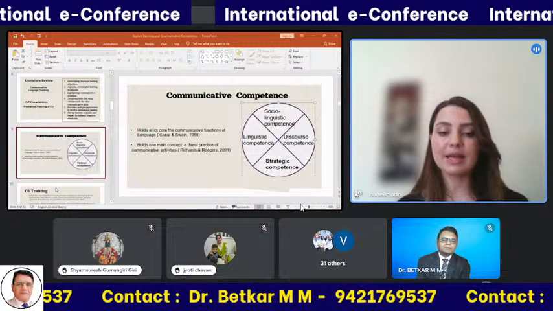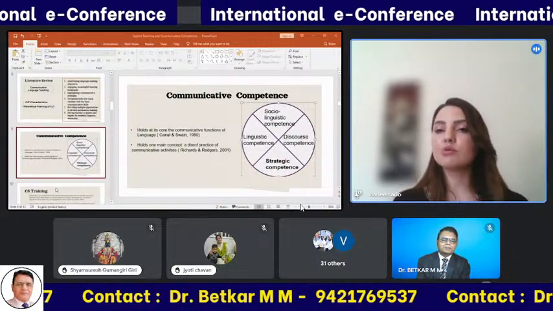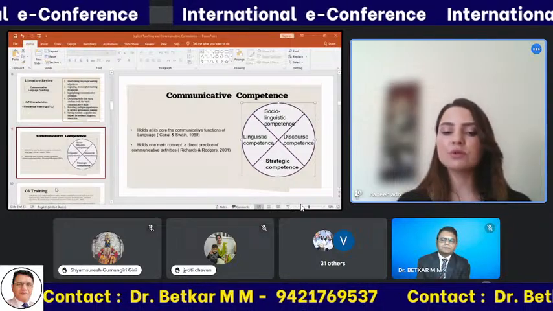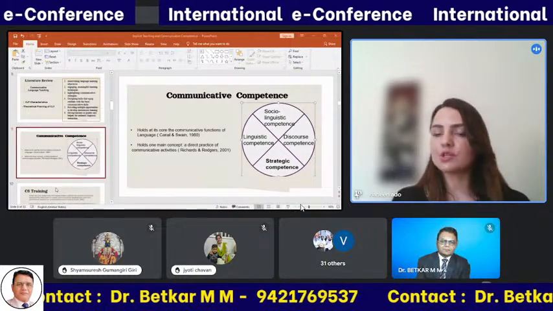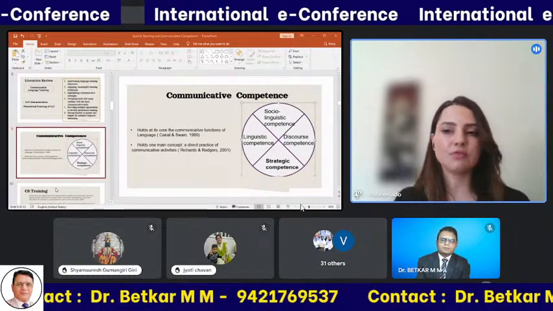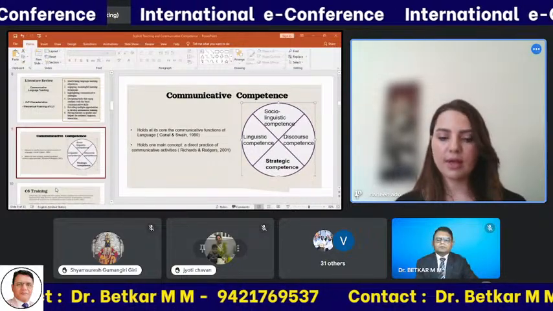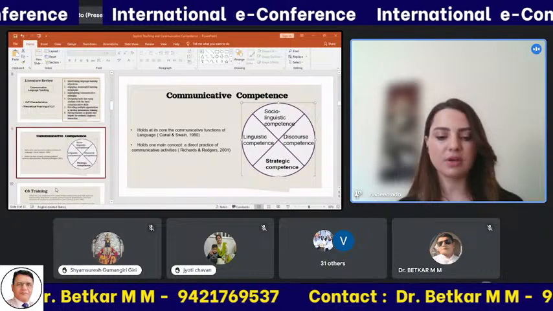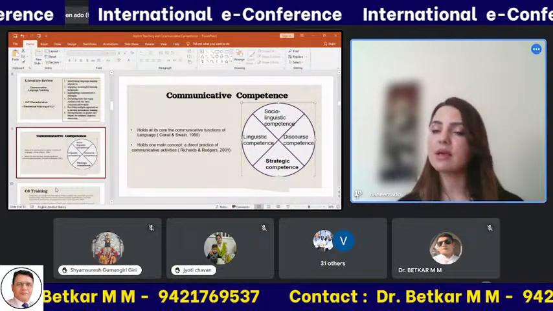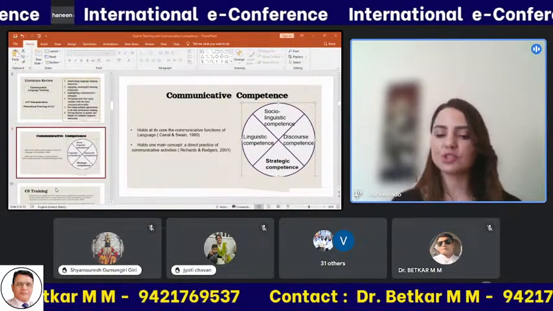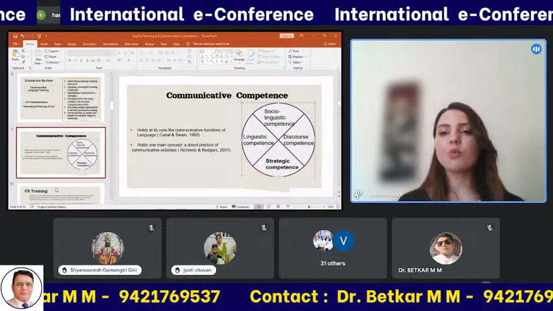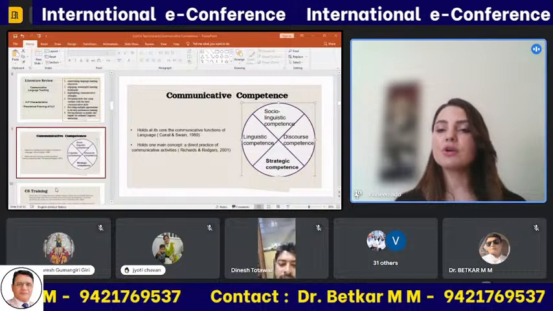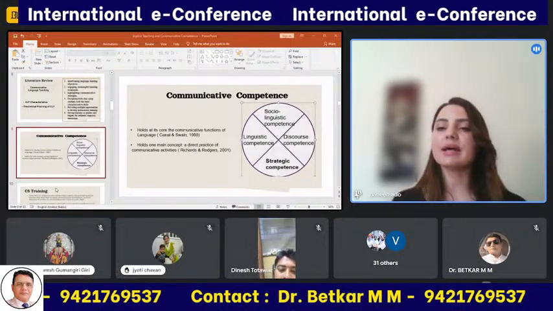learner's grammatical and lexical capacity, the social context of the speech act or the event, the discourse competence, the elements of the message: who's the speaker, who's the sender, who's the receiver, what's the channel, what's the topic. And at the end, the strategic competence that includes the speaker's ability to initiate a discussion, hold the ground, change a topic, etc. So when I approach my problem using communicative competence, I'm aiming at developing the